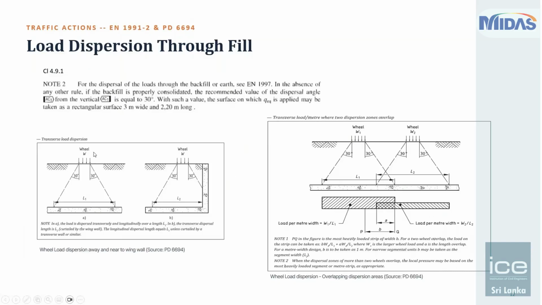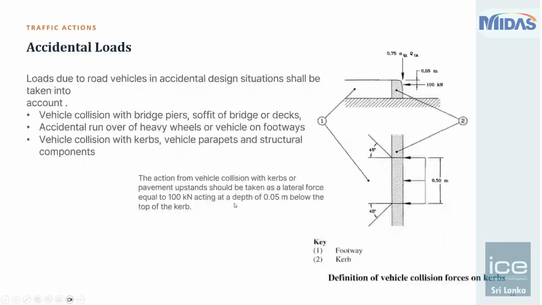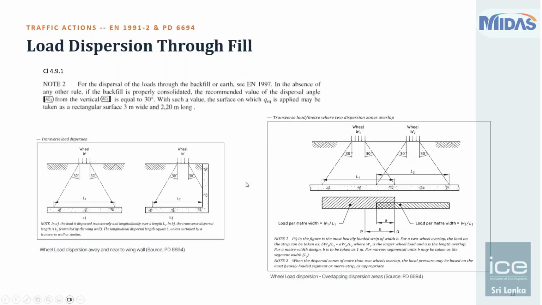Now the other case would be, what if you are very near to the support? In that case, you are not going to get the entire dispersion angle which is estimated from here. If you are cut short in this particular length, the spread angle is not achieved to the full width. In that case, we must use the reduced width of the load spread for the determination of our loadings on the slabs. Okay, so this is what I meant by the